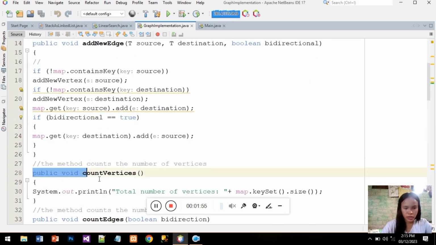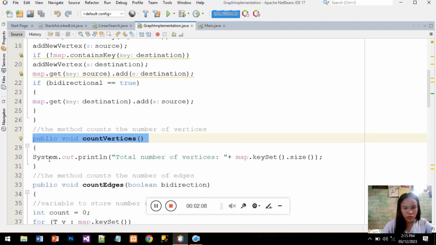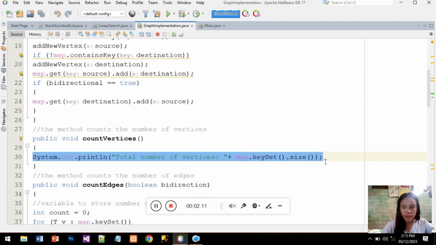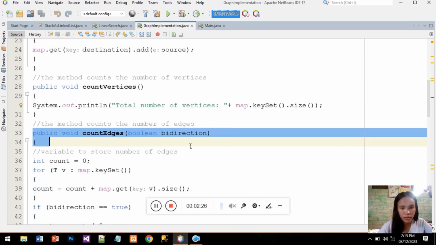So next, this method will count and print the total number of vertices in the graph. This one will print the total number of vertices by getting the size of the key set of the map. And then this one,